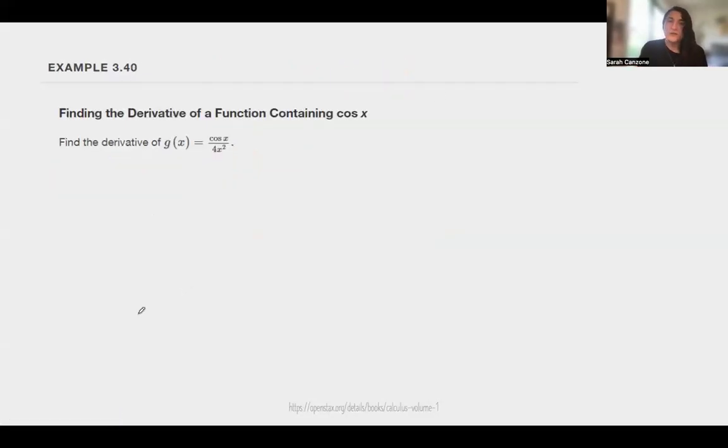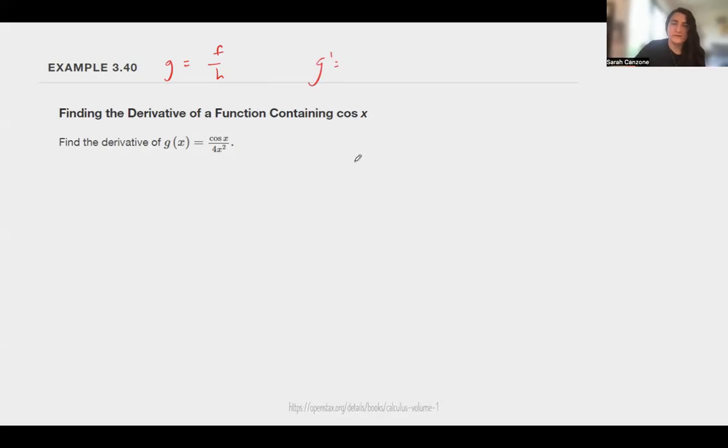All right, let's try another one now. This is a good refresher of the quotient rule. So again, right now, the only tool that we have in our toolbox to actually compute this derivative is the quotient rule. Actually, that's technically not true. I think we can use power rule in this because the variable x is in the denominator, but we're going to use quotient rule. So a reminder, if g is, we'll call it f over h now, then g prime equals,